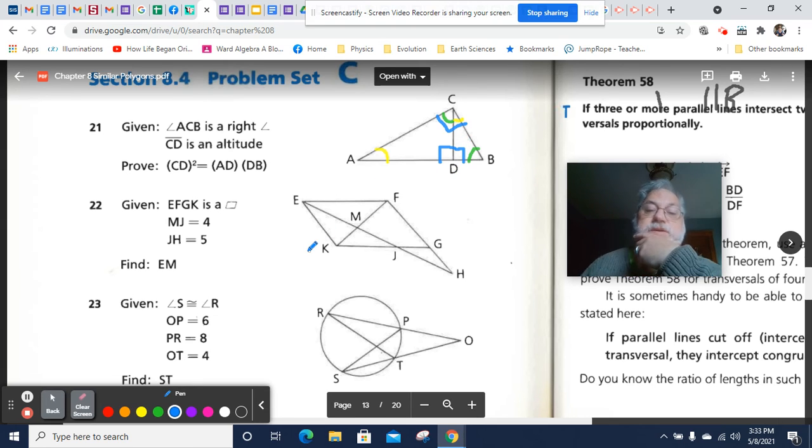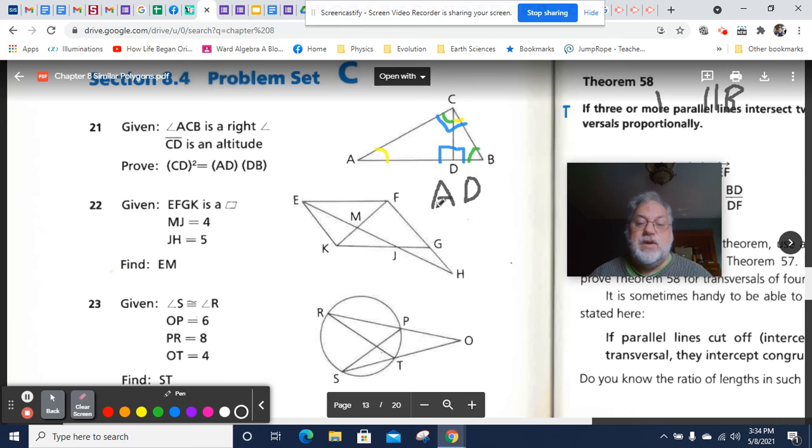So CD, for this triangle, is from yellow to blue, and for this triangle, it's green to blue. They're in different positions for those two triangles. We've got AD and DB. AD is yellow to blue and DB is green to blue. So I'm going to go with yellow to blue. I'll write it in black. So we're going to have AD, yellow to blue,